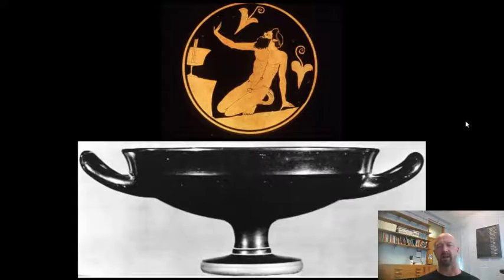Many times this is a Kylix form on the bottom and the scene that's inside of it up above. Many of these, and you can find them at the Seattle Art Museum for instance, will have at the bottom of the vessel the scene of a drunken satyr, which is what you see here, or a drunken centaur. You can tell he's a satyr by his pointed ears and his snub little nose and the fact that he's got a tail back here. And they're supposed to look drunk, like falling down drunk. Sometimes they almost look like they should have their eyes crossed out,